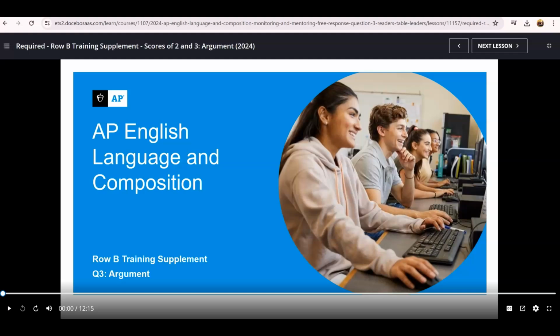Therefore, the response's commentary overall explains only how some of the evidence supports a line of reasoning, and is therefore not strong enough to earn the response higher than